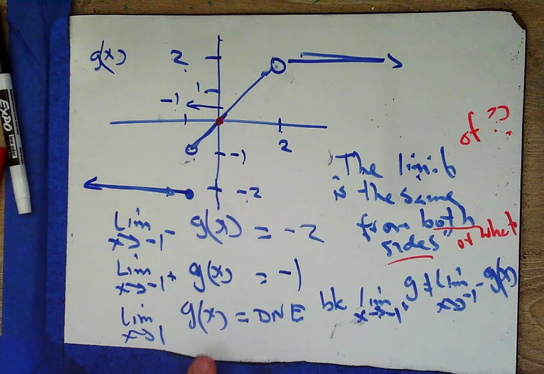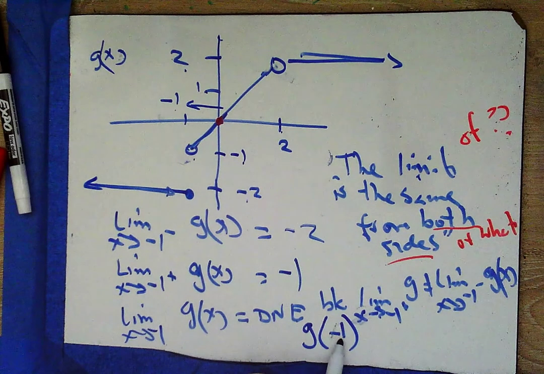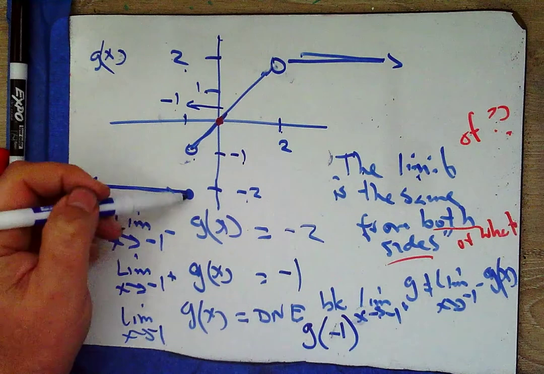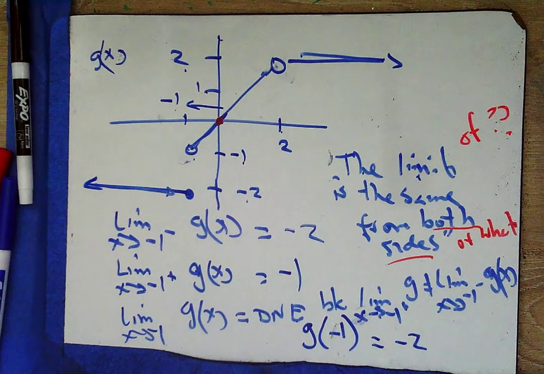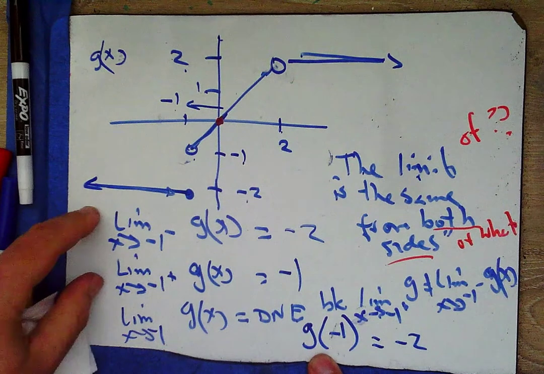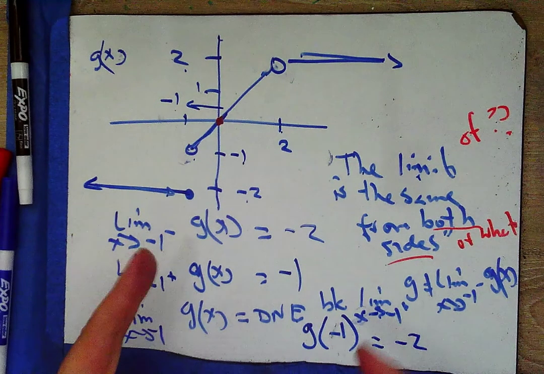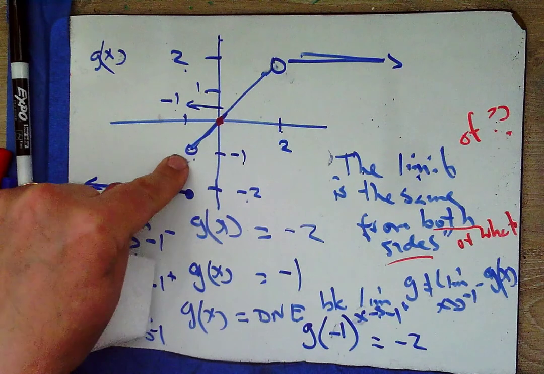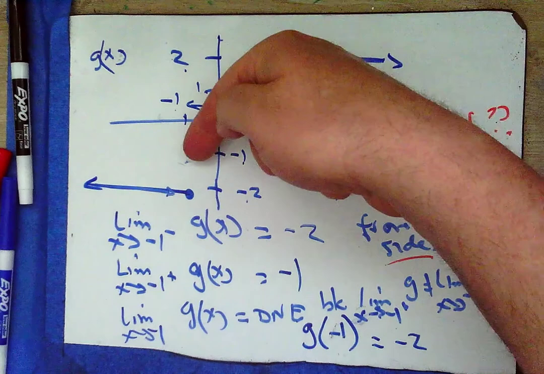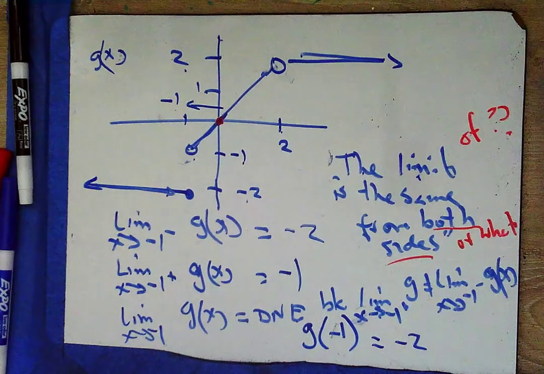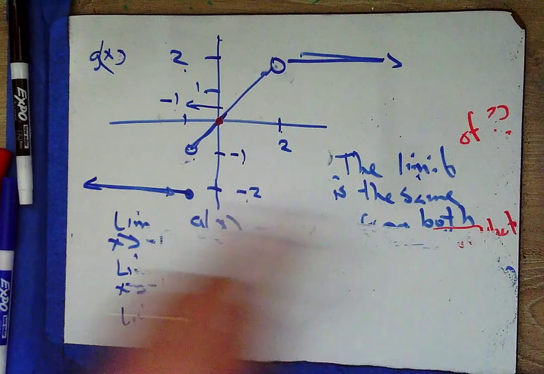All right, so we know that the limit of g of x at -1 does not exist. And what about g of -1? Remember, that's the y value at the point x equals -1. There's -1, there's the point. I know that this is equal to -2, okay? Sometimes the value of the point will be equal to the value of the limits, but in this problem, we have a jump discontinuity here as the y values approach -2 from the negative side, and over here as the y values approach -1 from the positive side. Okay, so